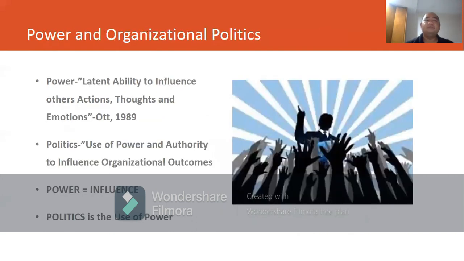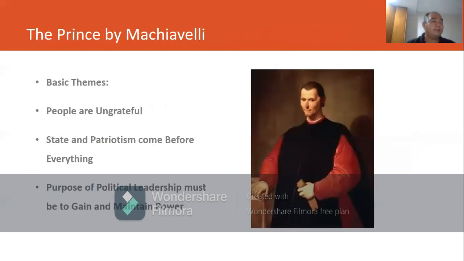Okay, now let us move on to power and organizational politics. Let us first define power as defined by Ott in 1989, and I quote, latent ability to influence others' actions, thoughts, and emotions. On the other hand, the same author quoted politics as the use of power and authority to influence organizational outcomes. Thus, power equals influence, and politics is the use of power. Now, let us elaborate